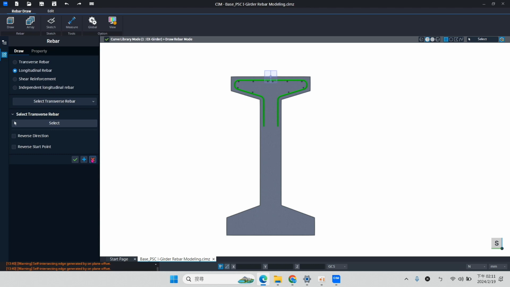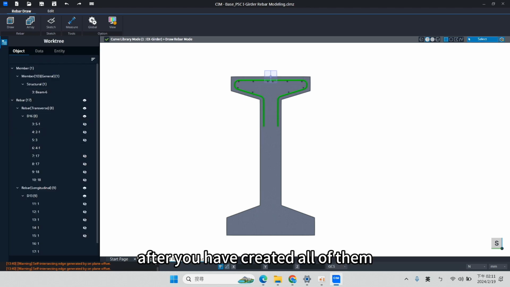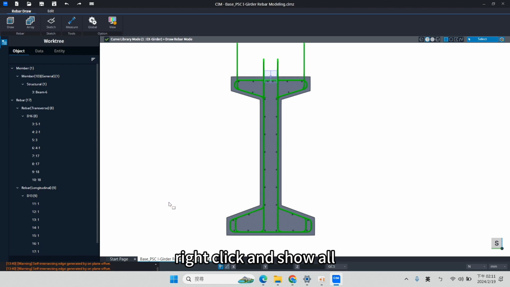Now, after you have created all of them, you can right click and show all.